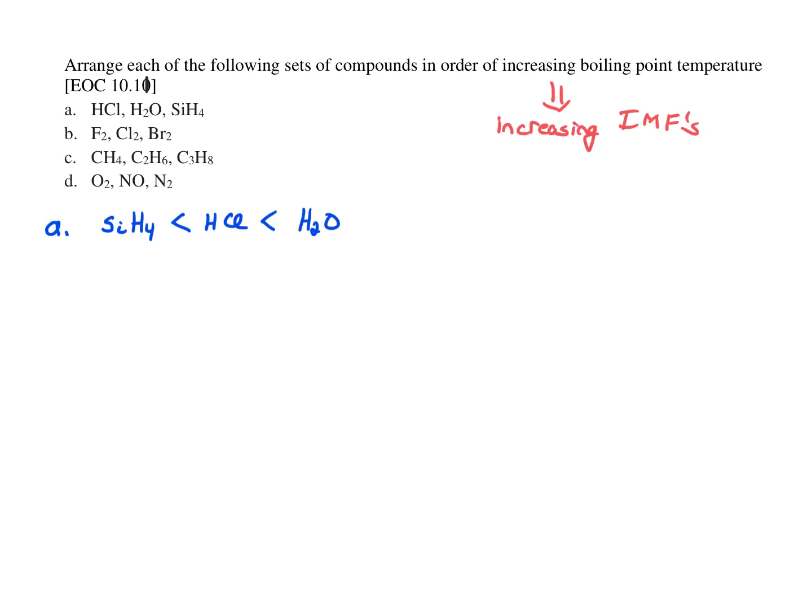Okay, we're placing chemicals in order of increasing boiling point temperature, which means in order of increasing IMFs. In this first problem, let's assume that the molecular weights are similar enough that that's not going to be the primary distinguishing feature. If we look at these, we see water is going to have the strongest IMFs because there